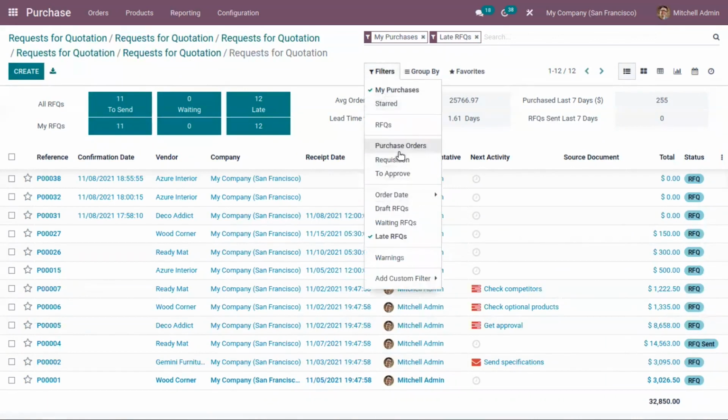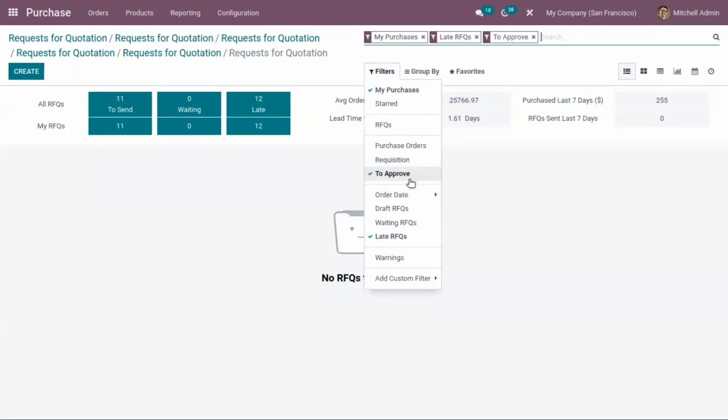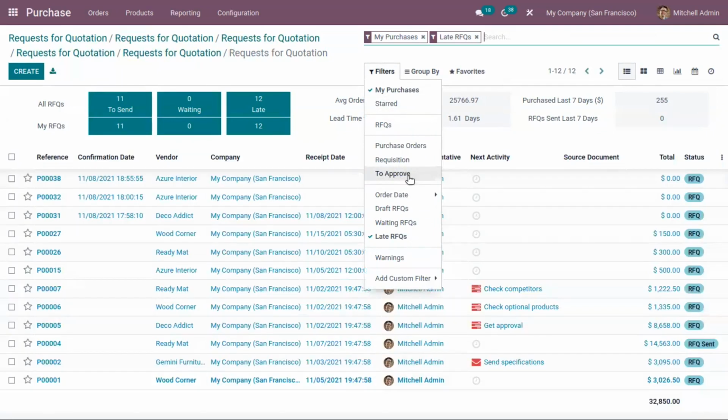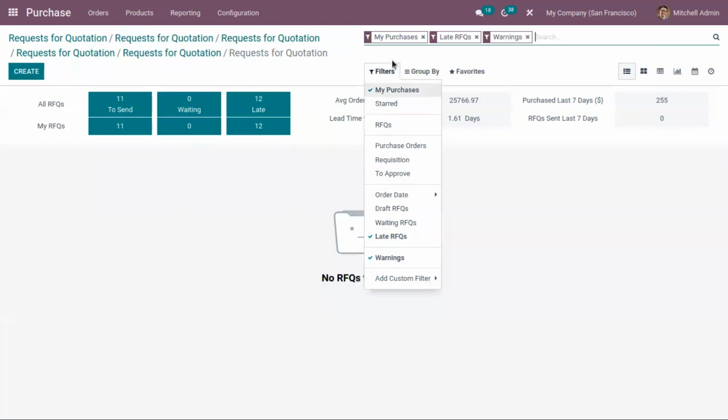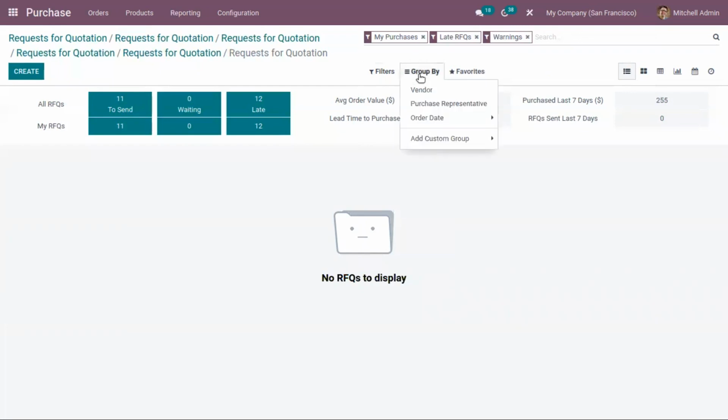So here, suppose you want to view the requests for quotations that need to be approved, you can just use that filter option, and we can filter by order date, then waiting requests for quotations, then requests for quotations with warnings. And we can group these quotations by vendor.